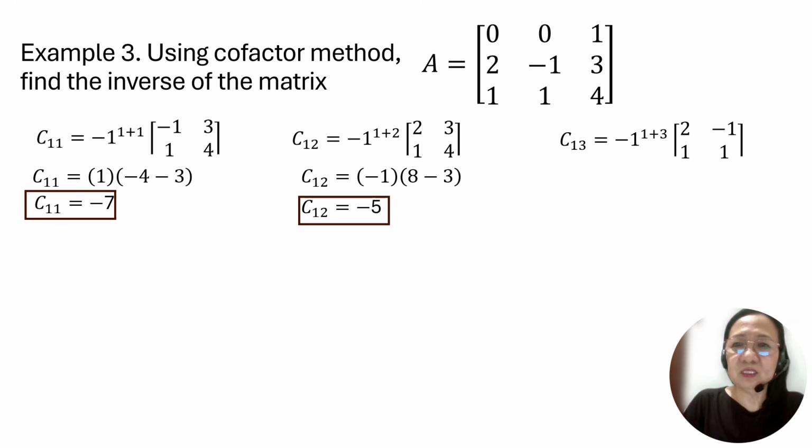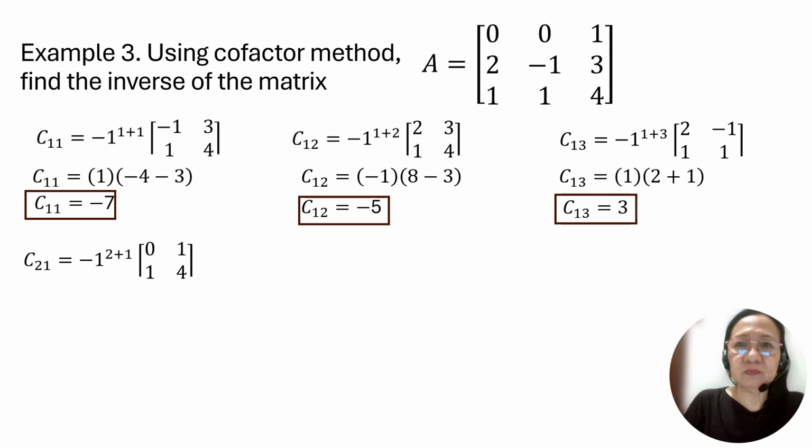Simplifying this result, negative 1 is raised to 1 plus 3, and that is 4. Negative 1 raised to 4 is positive 1. And then multiply 2 times 1, which is 2, minus 1 times negative 1 is negative 1. So minus a negative 1 becomes a positive 1. Then combining 2 plus 1, which is 3, times 1, we arrive at a positive 3.